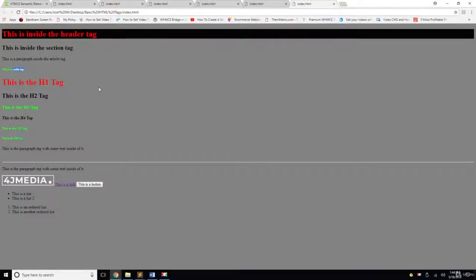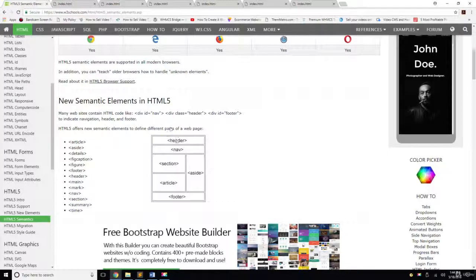And there you go. So you can see that it doesn't look anything like this because we're not styling it. So for right now, it's just a block element. But when we give it CSS, then it will expand itself to more interesting things. So the next thing that I want to show you is the nav tag. Okay, so the nav tag